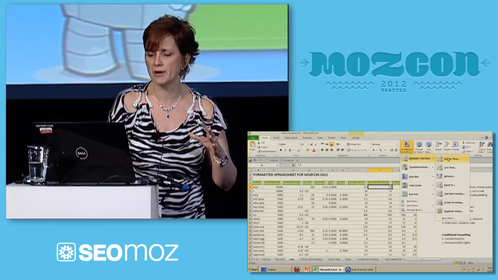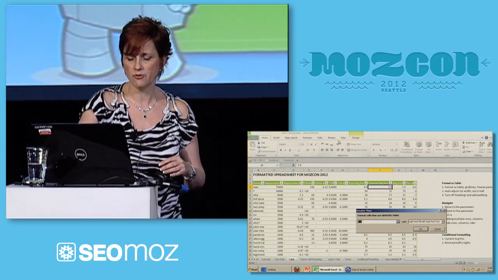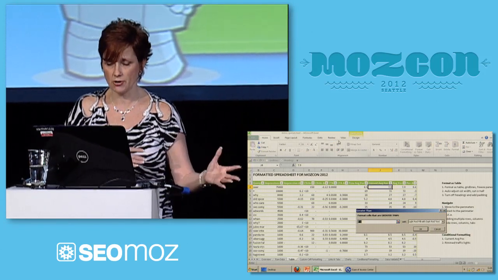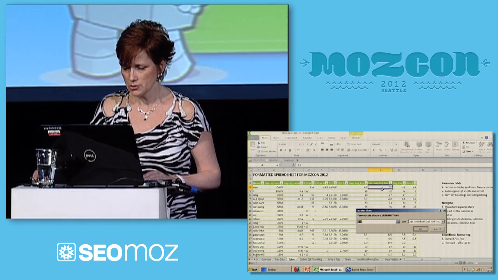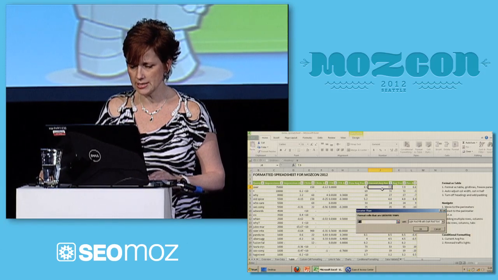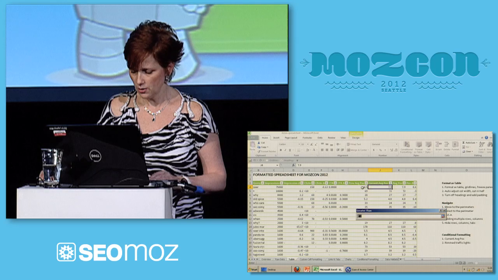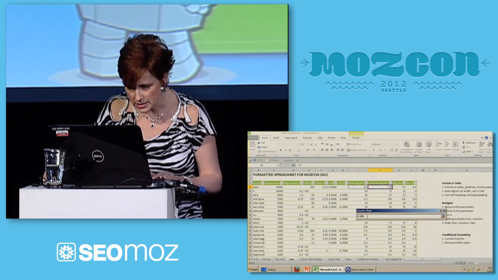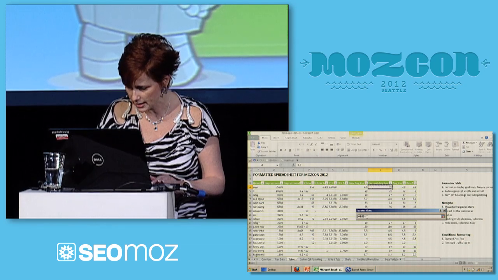So we're going to format this number here to be red if it's greater than the previous number. So what we do here is we just reference this cell, and we're going to unlock the 4. I don't have time to go into all the details of why we're doing that,